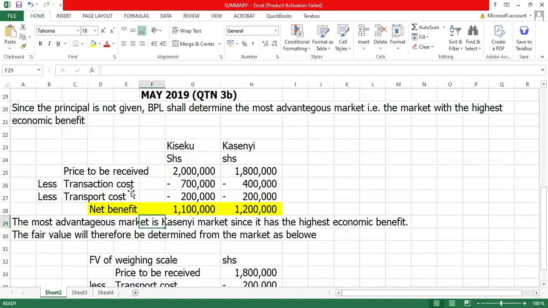Just that in an exam, when you see you have 10 marks for this part, it means that you need to also first tell the examiner what it is all about, the meaning of fair value. At least you talk about the standard, you talk about the meaning of the fair value. Then you talk about the assumption about this fair value measurement. It assumes that the transaction to sell the asset,